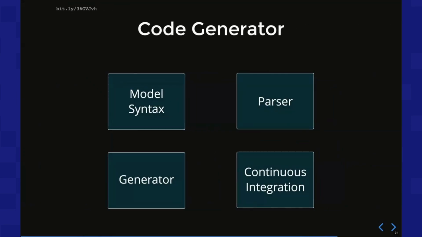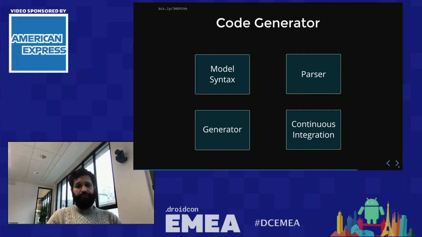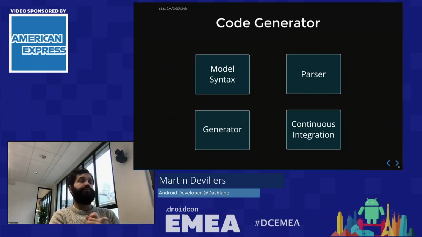So essentially, when you're building your code generator, these are all the steps you have to go through. You have to define the syntax of your model. So if there's one which is already defined, like Swagger, it's probably a good idea to use that. I have to emphasize, be rigorous when you're describing the syntax. A lot of the time, the simplest thing is to just use JSON rather than trying to define your own DSL or something like that. I mean, if you're Google and you're creating protobuf, you can afford to do that and create your own language. But generally, yeah, just describing how your JSON